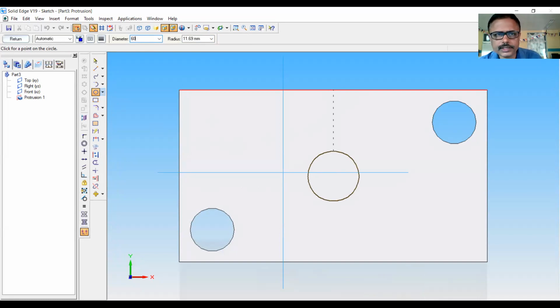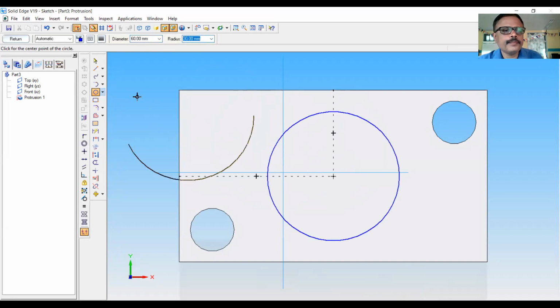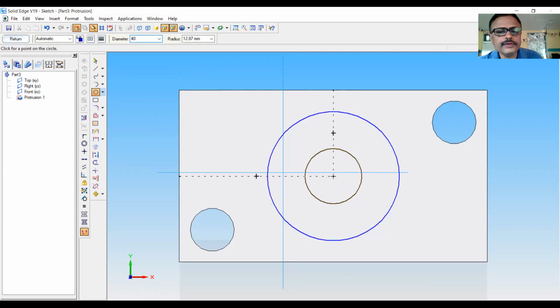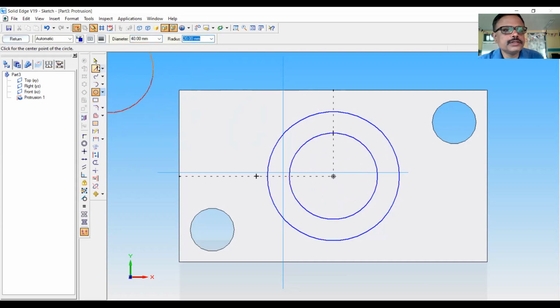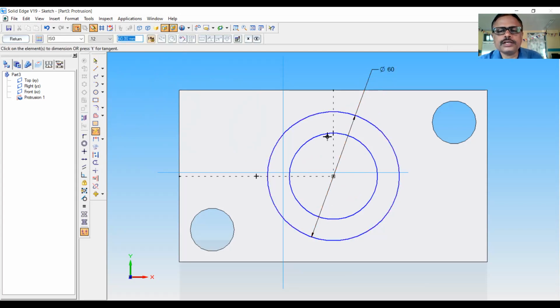60 is the outside diameter. Then click on circle again, this center, and 40 is the inside diameter. So dimension that using smart dimension, that is diameter 60 and diameter 40. Now return.